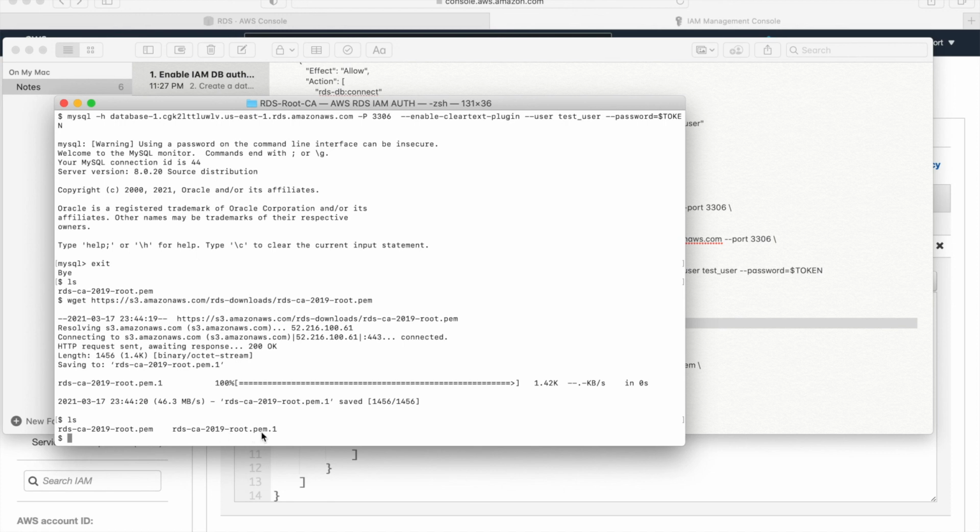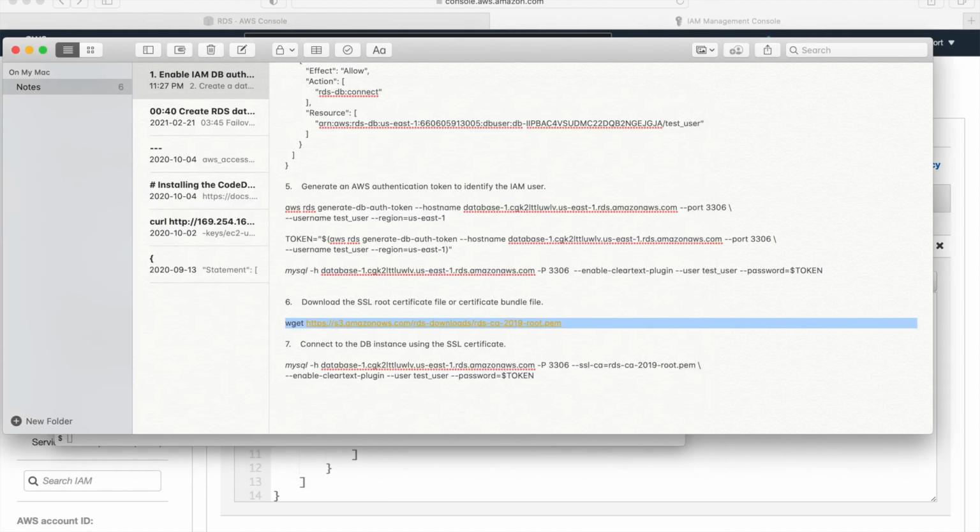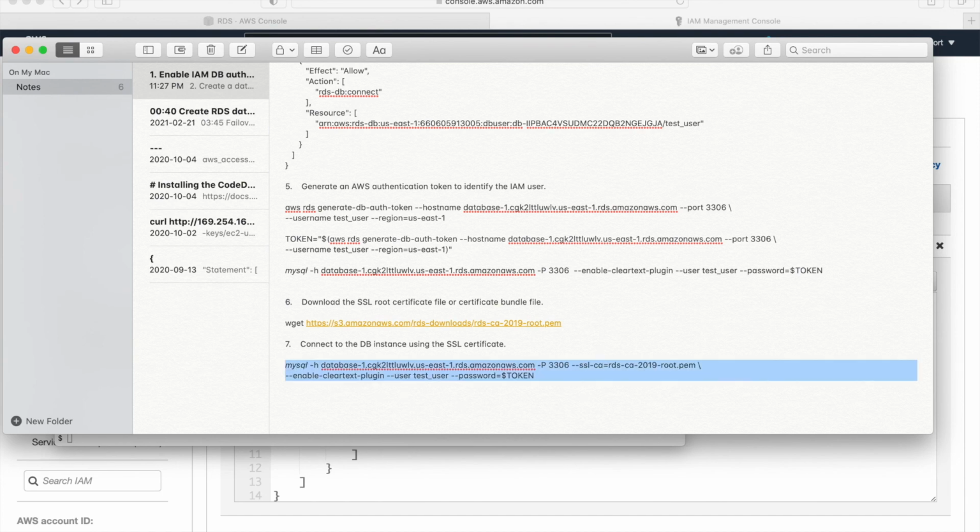So this is what got downloaded. We can pass this particular certificate in your connection. The connection is almost the same, but you are adding the SSL CA switch. That is another addition to the earlier command. Once you do that, this connection will be encrypted using SSL.